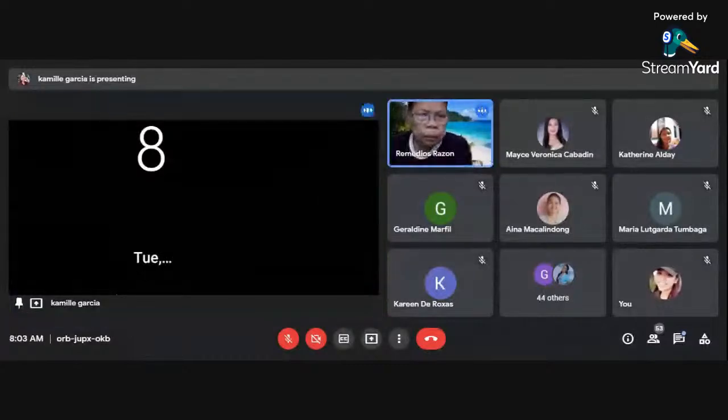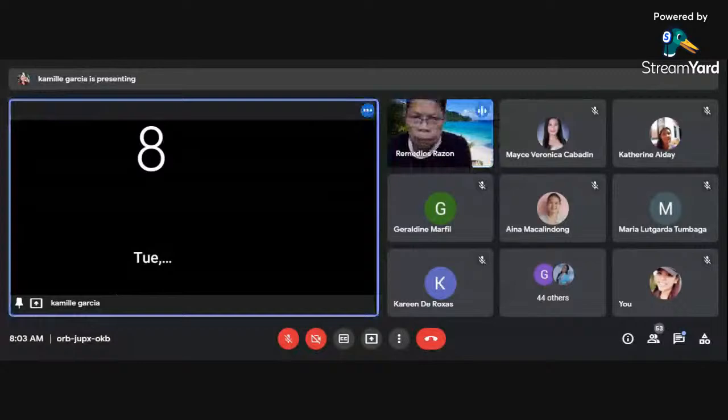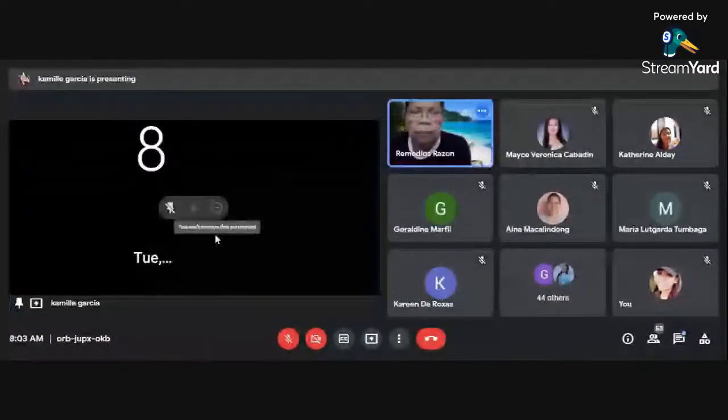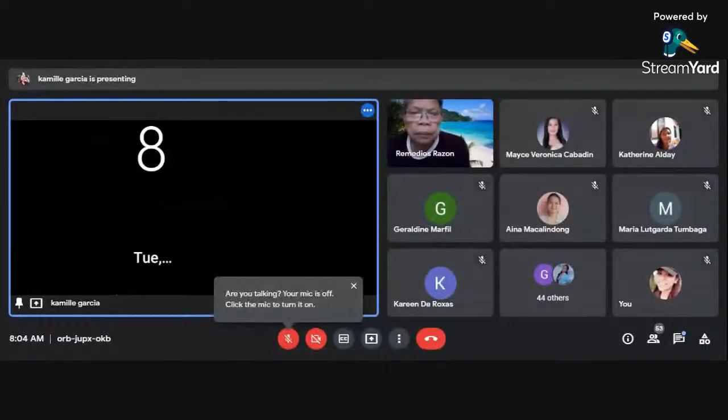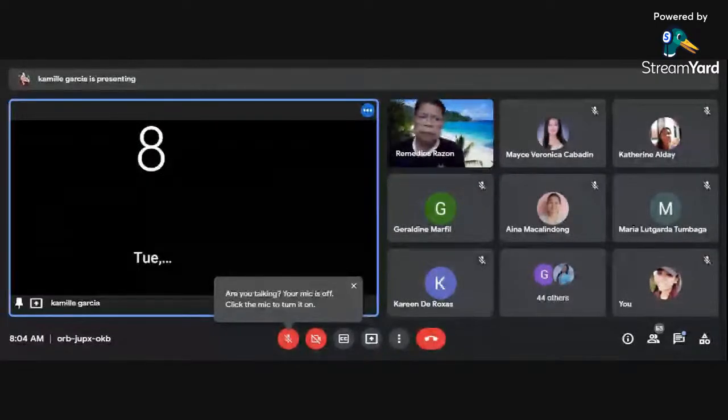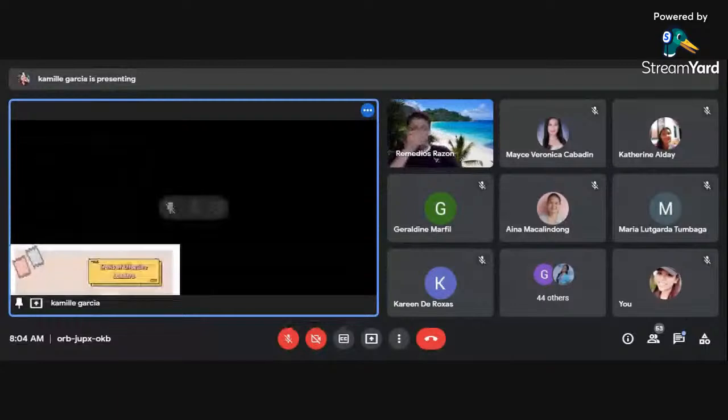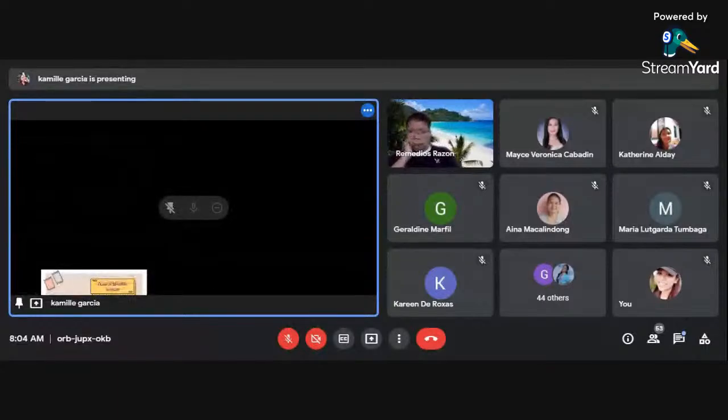Nakaka-inspire po ito, at ito po itong way para lalong i-boost ang teacher. They need to know that their work is valued and appreciated. Find ways to celebrate their team, take note of achievements even if it's through a simple well done. So, kailangan po natin i-compliment yung ating mga teachers po.